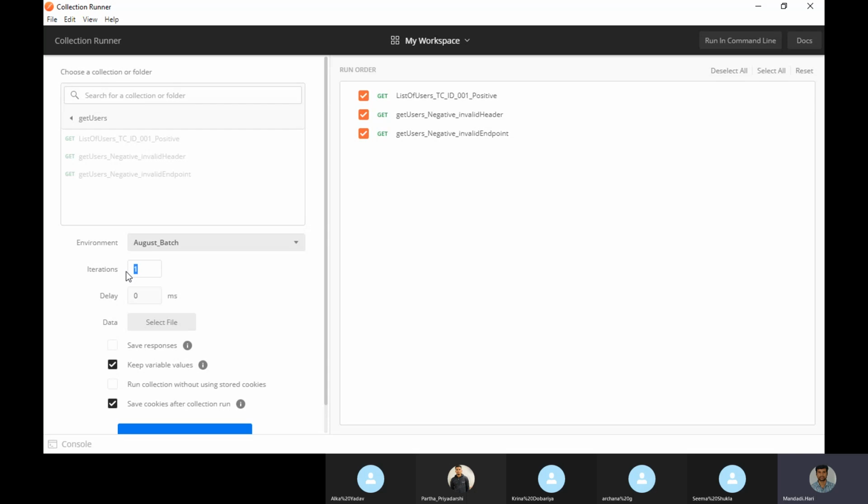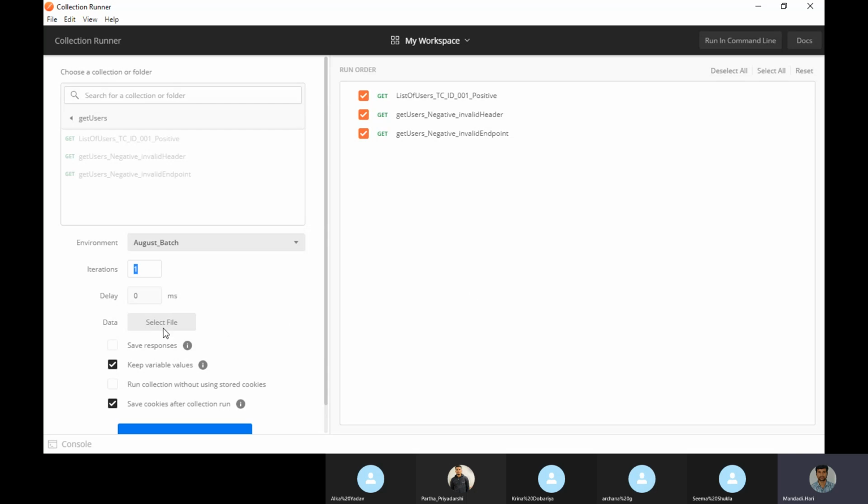Iterations, how many times you want to execute. Normally data can be passed from a CSV file, I think so. I don't know how many ways we can pass, because I don't use this much, but data can be passed if needed. But we don't do such a level in Postman.